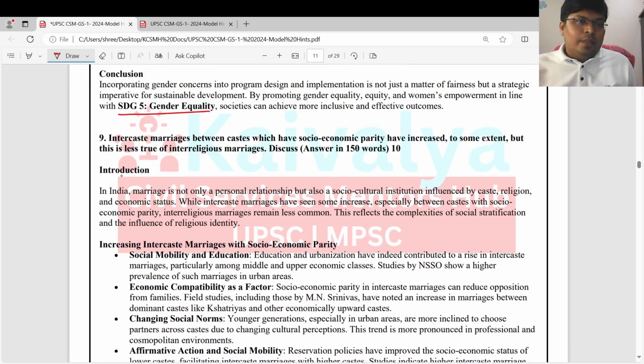Then the ninth question. Intercaste marriages between castes which have socio-economic parity have increased to some extent, but this is less